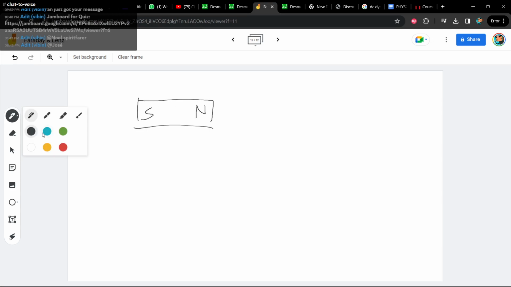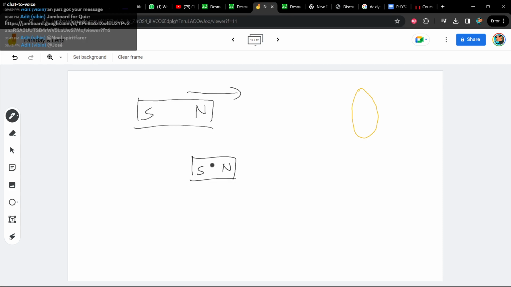Okay. Now Lenz law basically states that when you move a magnet for induction, it will induce a current that opposes the movement. I think it's much better if I just show it to you. So let's say I take a north-south magnet and I bring it towards a coil. I'll just represent this coil with a circle because that's much easier. If I bring the magnet towards the coil, like so,